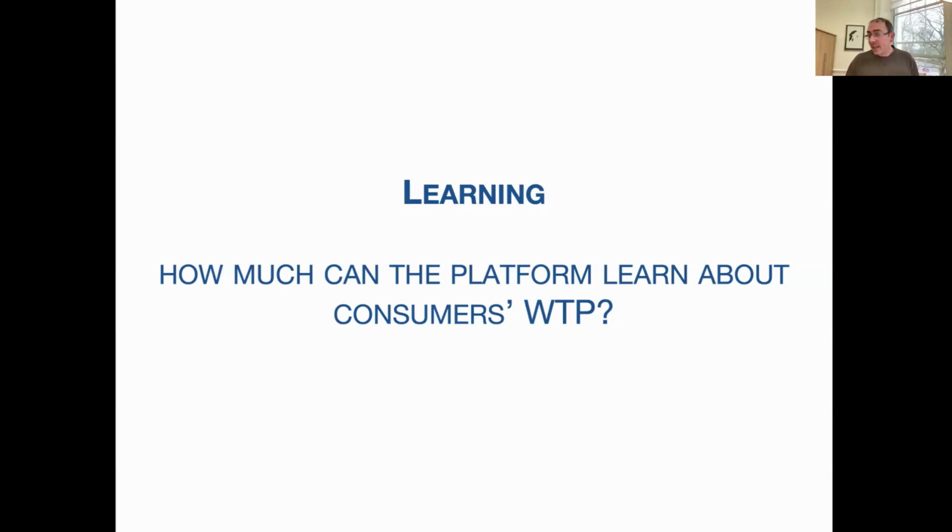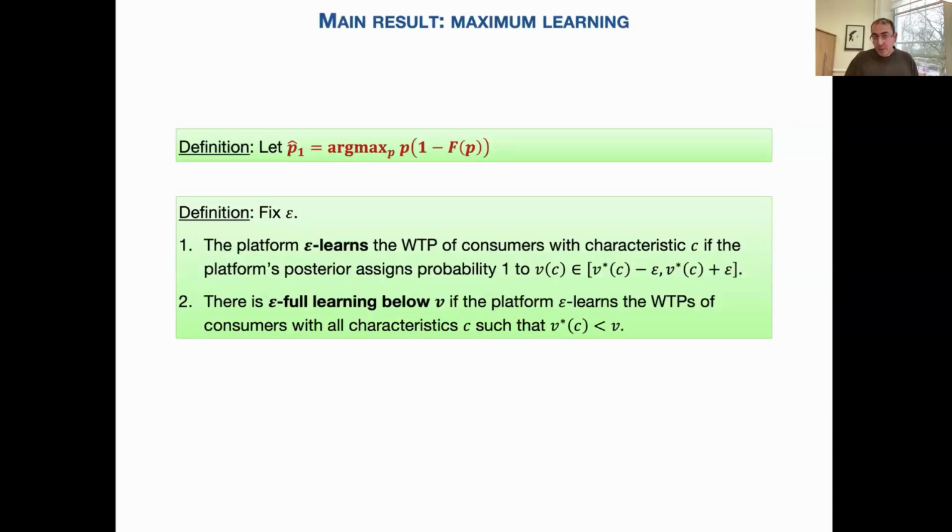And to state the result, which is going to be in the slide after the next one, I just need to give you these two definitions. The first definition: I'm going to use this symbol P at 1 a lot. This is nothing more than the uniform price that you will charge in the first period. P times 1 minus F of p is your profit, given the knowledge that you have of the demand at the beginning, and this is just the monopoly price. So P at 1 is the monopoly price when you cannot price discriminate, and the only thing you know is that the demand is 1 minus F of p.